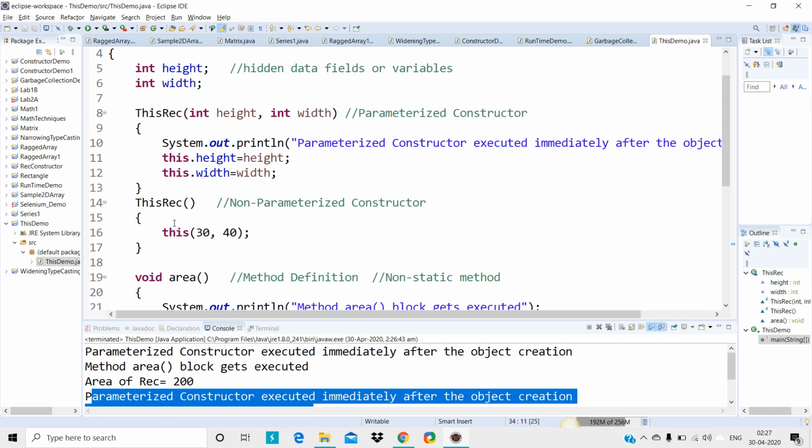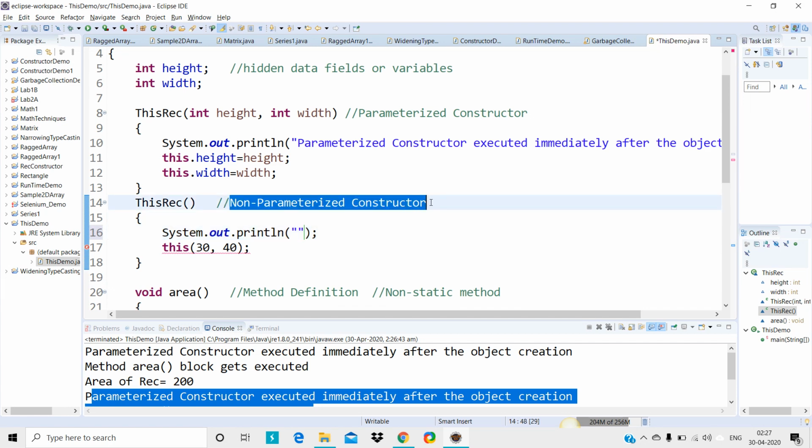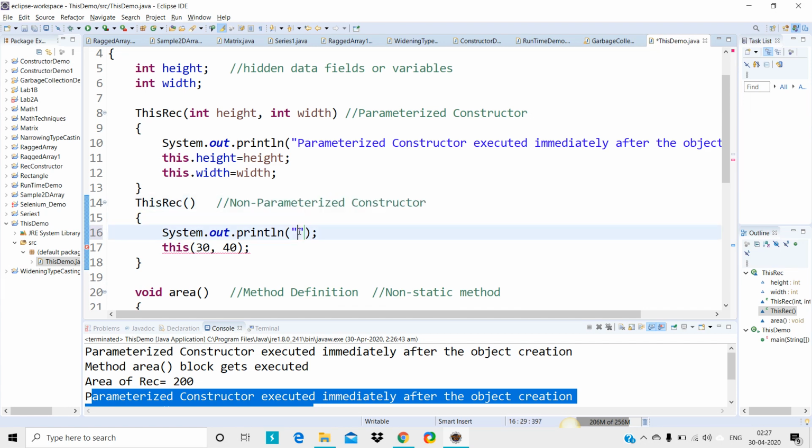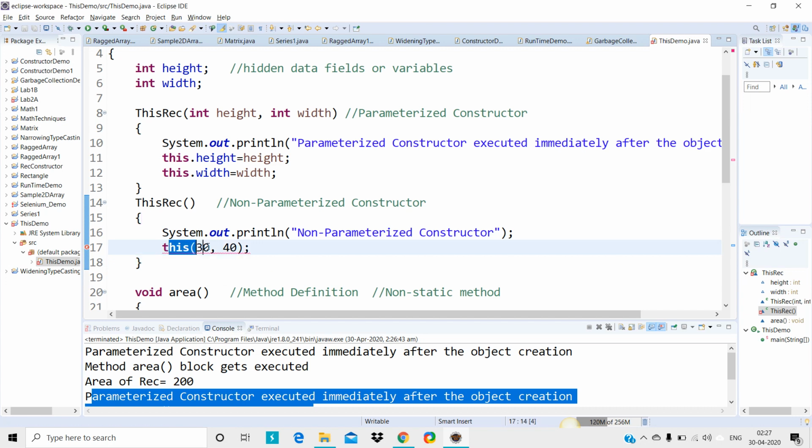Here if I try to print a message like non-parameterized constructor, it will show an error. What is that error? See here, constructor call must be the first statement in a constructor. Constructor call means a constructor invoking another constructor.